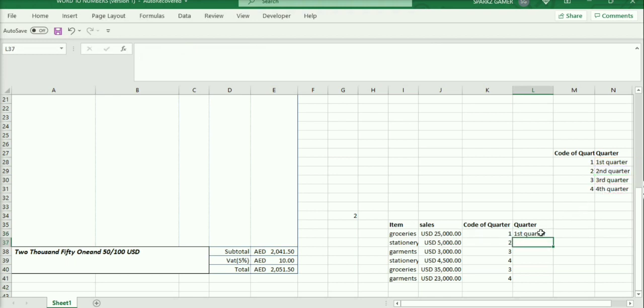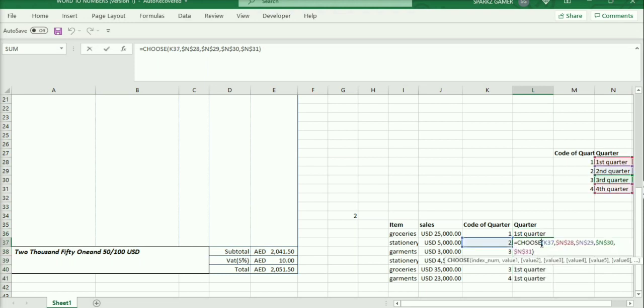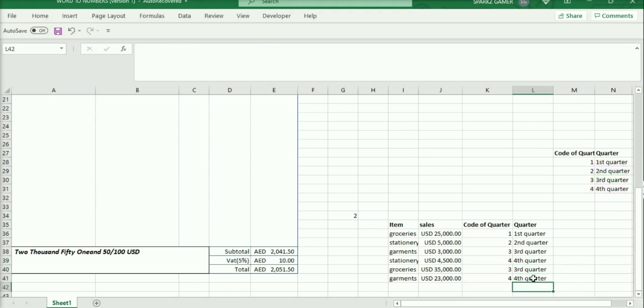Closing this, entering this. So we have got how CHOOSE works.